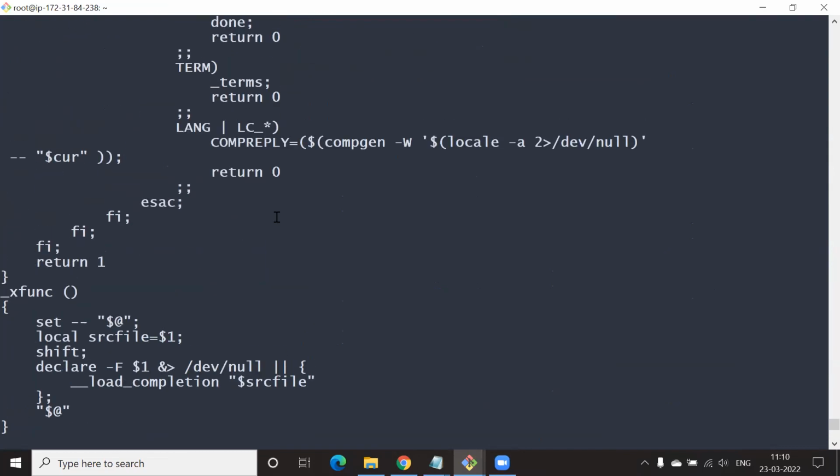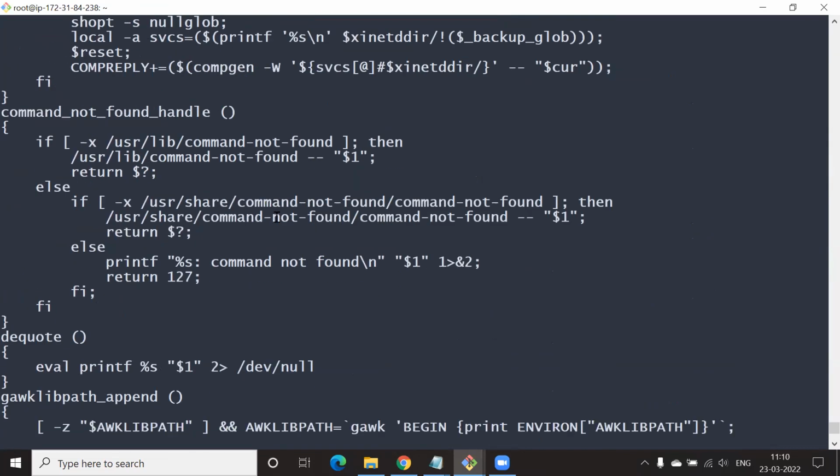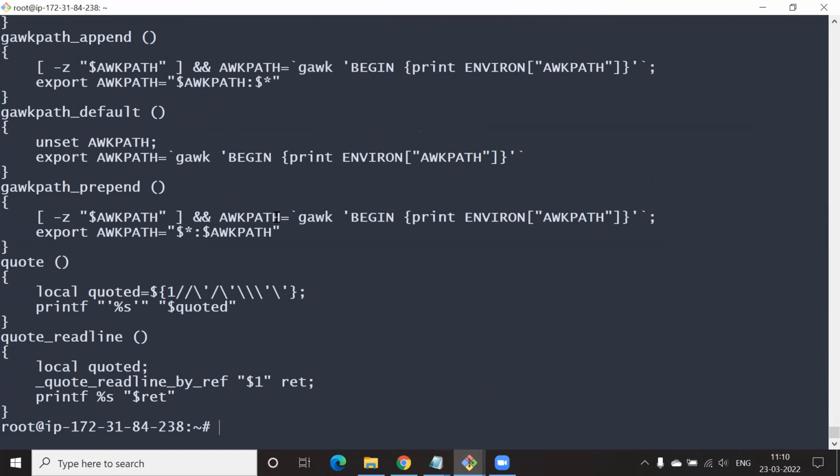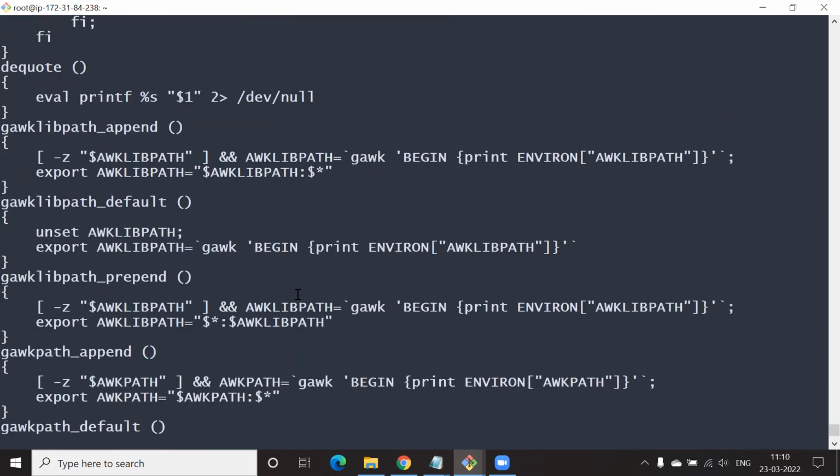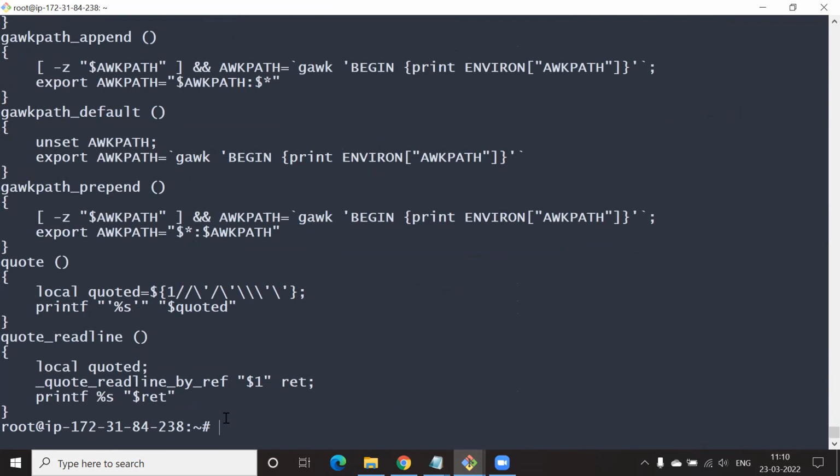Now let us say, since this looks like a very, very long script, I want to look at it step by step. How do I look at it? We can use the head command. Good. More precisely, less or more. Precisely less. What is the difference between more and less?